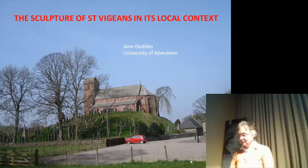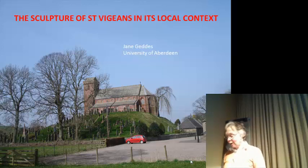The site of St Vigeans, near the coast of Angus by Arbroath, is dramatic and numinous. The narrow, steep mound has two streams flowing past its base, and it is located in a secret hidden fold of the hills. Such a location would invite ancient prehistoric and ritual activities, but there has been no excavation on the site, so pretty much everything that follows is guesswork and likely to be considerably modified if excavations ever took